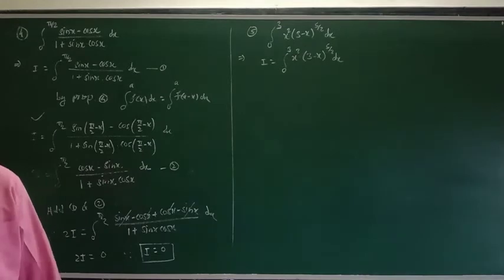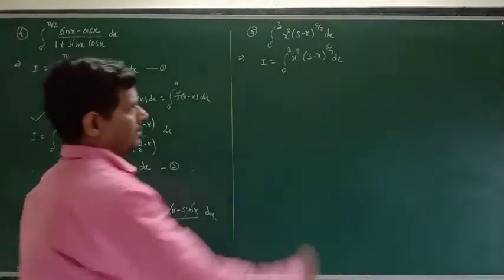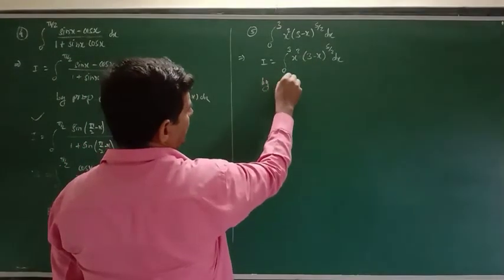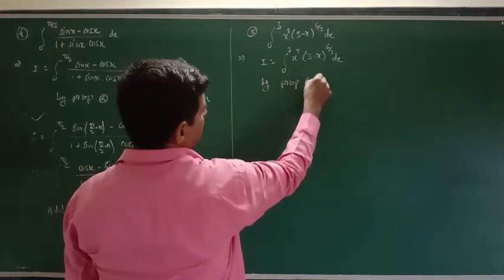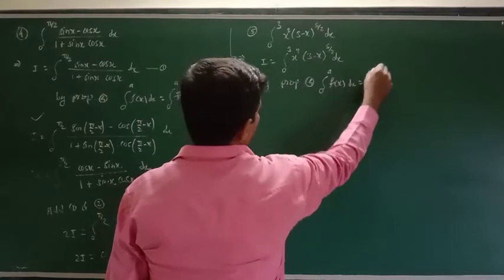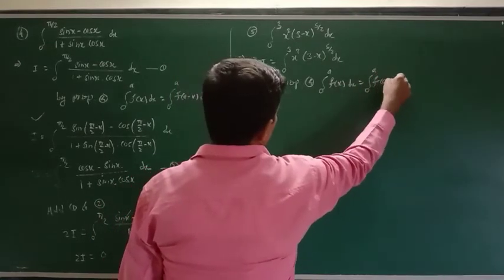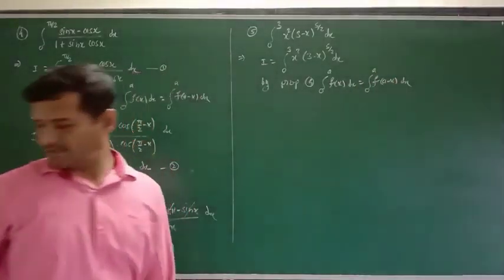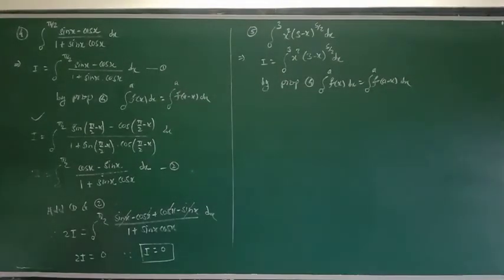Okay, now see, by using property number 4, integral 0 to a f(x) dx is equal to integral 0 to a f(a minus x) dx. By utilizing this property,